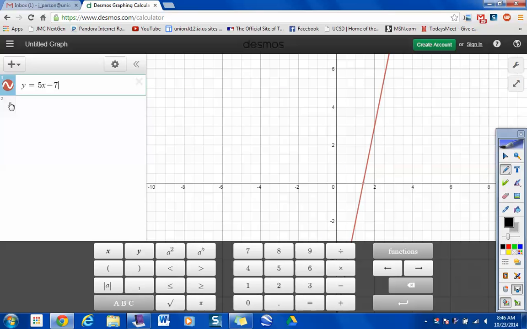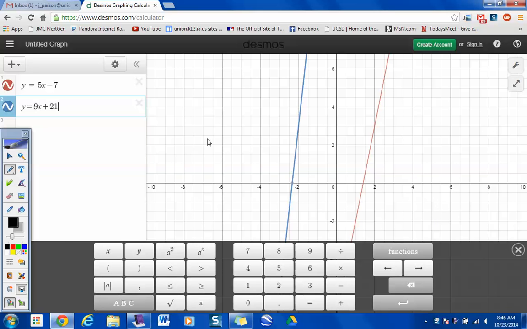What was the second side? 9n plus, so plus how much? 21. Okay, what I'm going to do is this. You guys, in that first problem that we did,